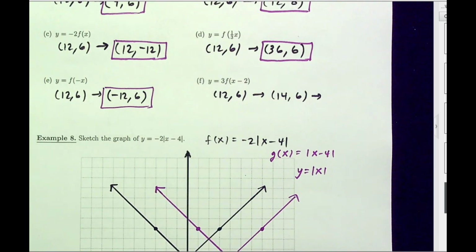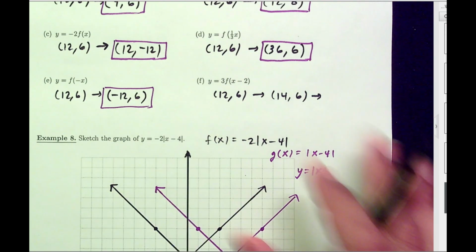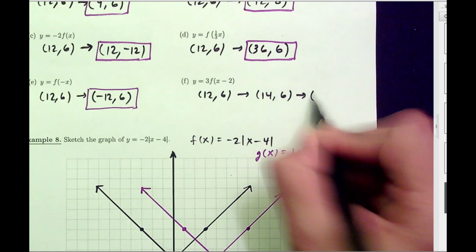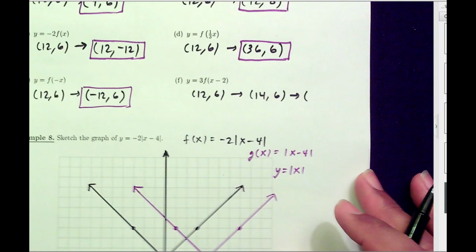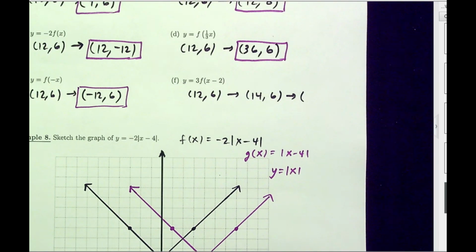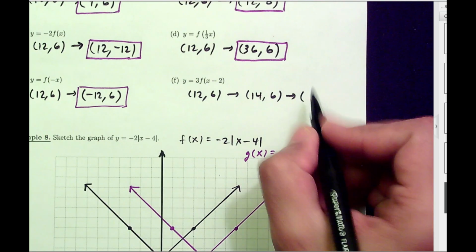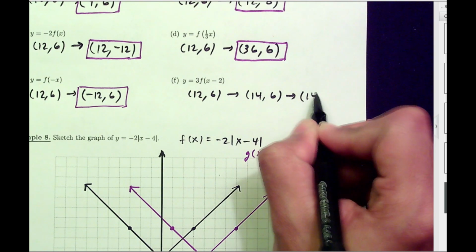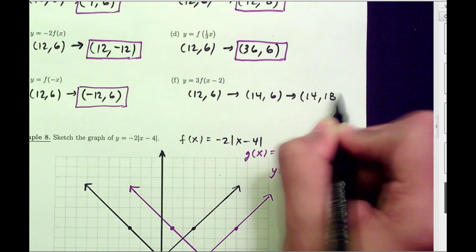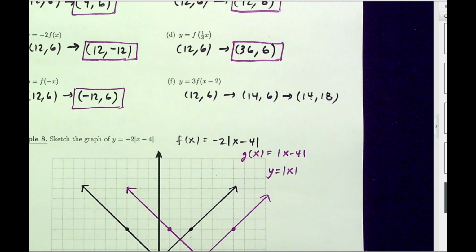Multiplying by 3 is a vertical transformation because it's happening outside, and that means only the y coordinate gets affected, and it behaves exactly the same way it is indicating. So times 3 means you multiply the y coordinate by 3. So that means this is going to be 18 for the y coordinate, and now that is